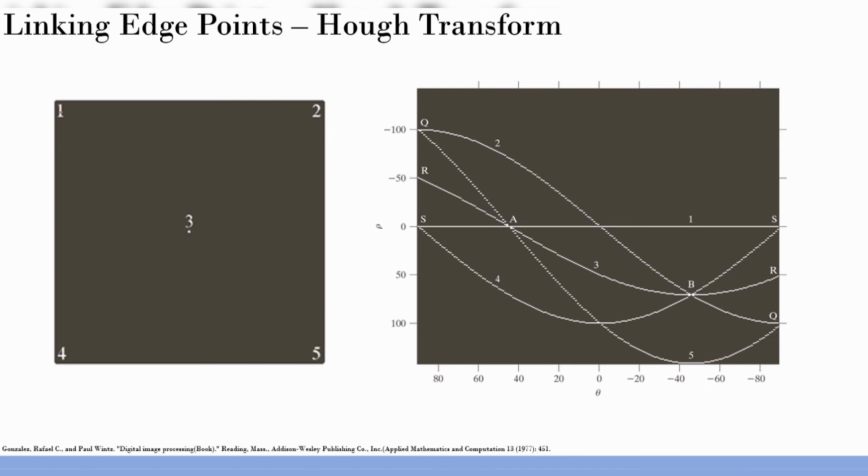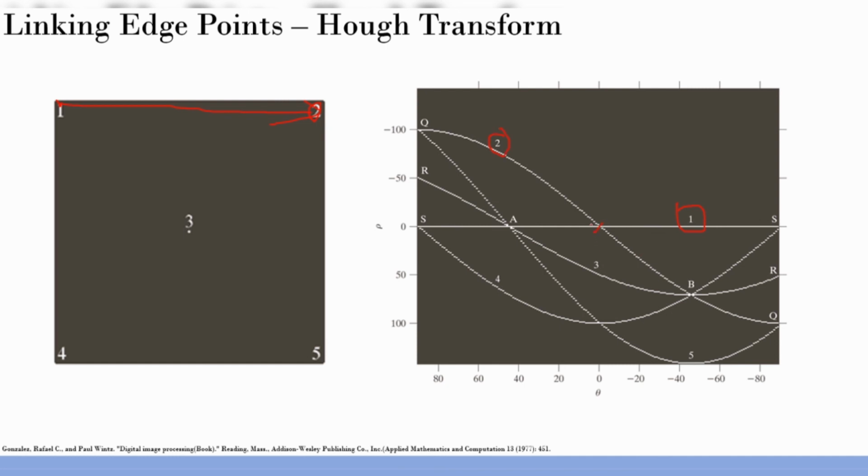So you have 1, 2, 3, 4, 5 points. Let's consider this point. This point means the radius is almost 0 and angle is also almost flat. So you get this particular straight line, denoted by this 1. And now let's consider this point 2. Here your radius is quite high, but the angle is very limited, and this is what you have.